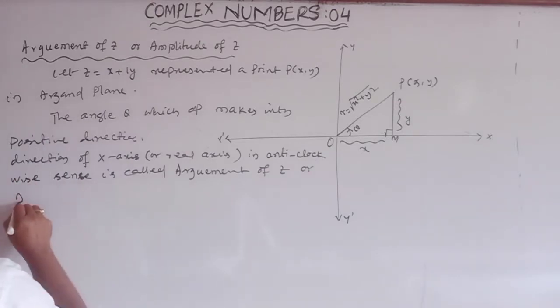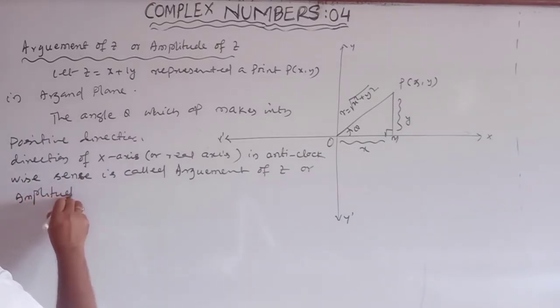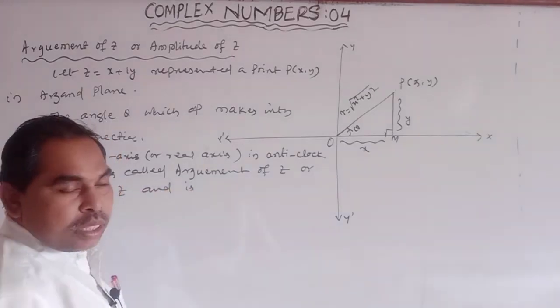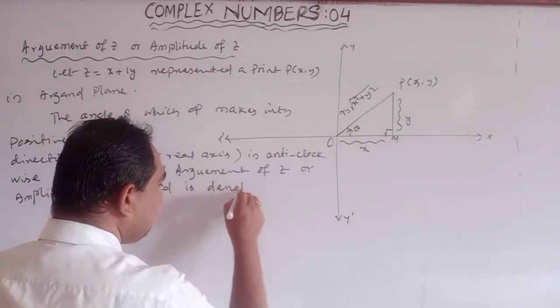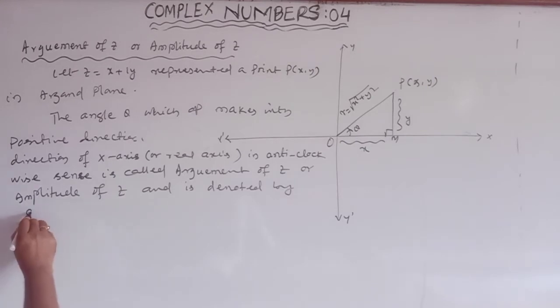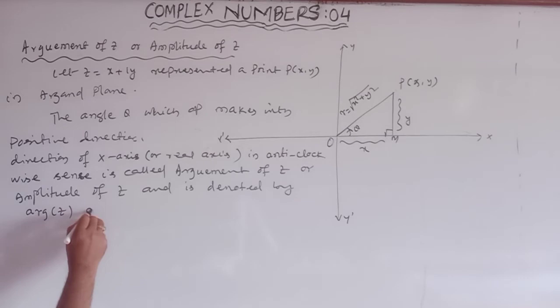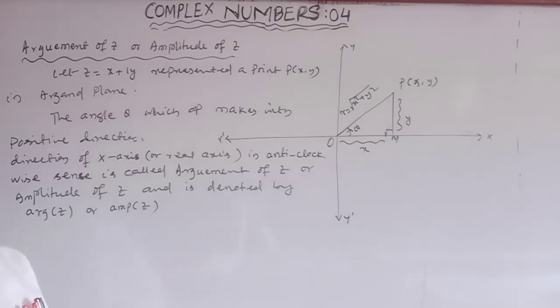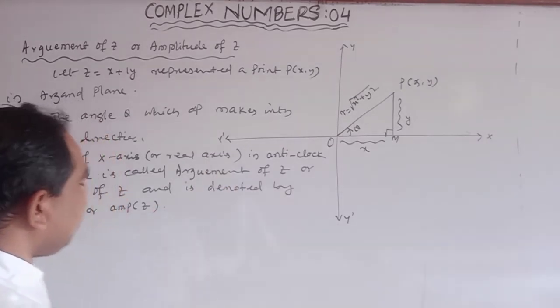or amplitude of z, and is denoted by ARGZ or AMPZ. Argument means ARGZ or AMPZ. Okay, ARGZ or AMPZ. From the figure or from the triangle OPM,